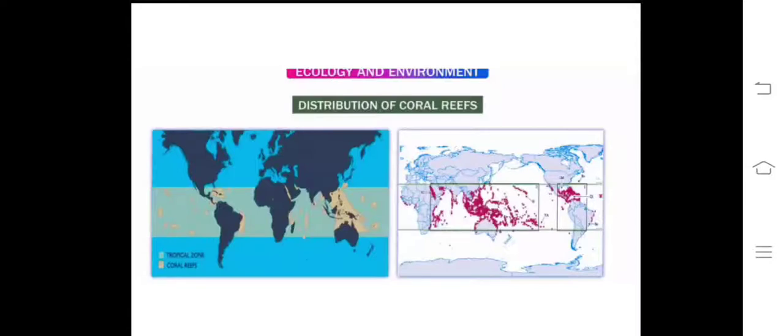Today we'll discuss the ecology and environment module. I talked about the coral reefs, and we know the largest coral reef is present on the western coast of Australia. Largest reef, but we have also witnessed, because of anthropogenic activity, global warming and other reasons, our coral reefs